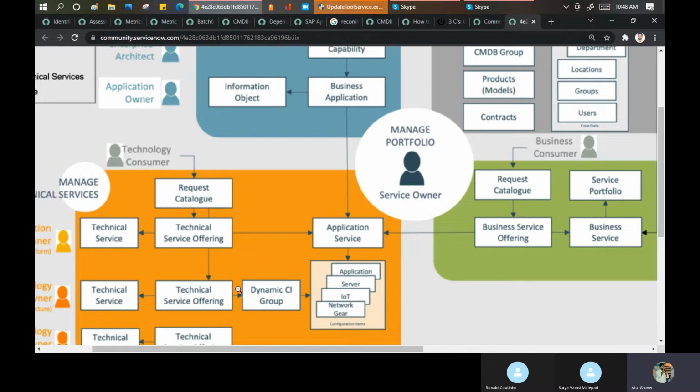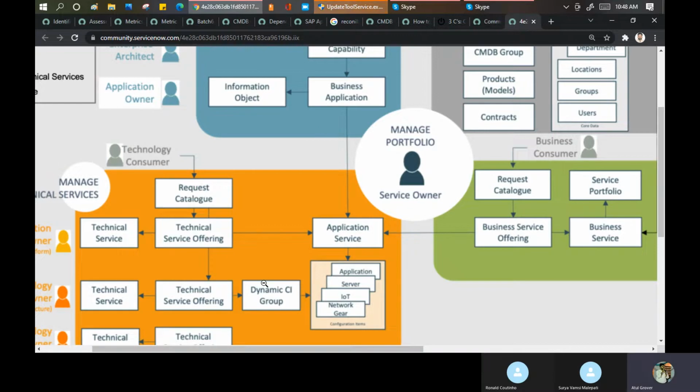Here there is a new concept called dynamic CI group. I actually do not have a very clear idea on that part, but what it says is that when you trigger any approval in change management, it should come dynamically. That is what I'm saying. If you read this 31-page white paper, and don't ask me for it, you just type in Google CSDM 3.0 white paper download. You will get the direct link. Download and read these 31 pages if possible.